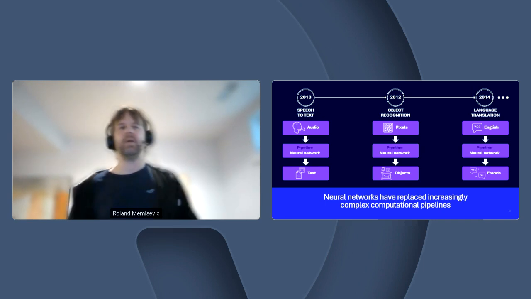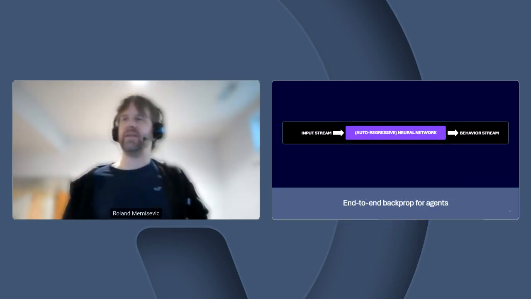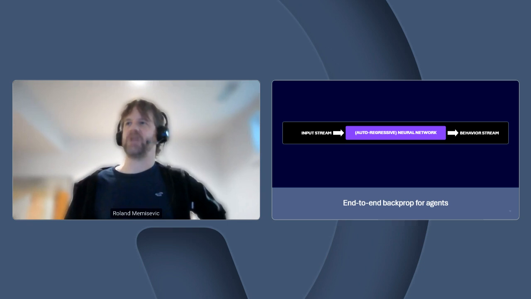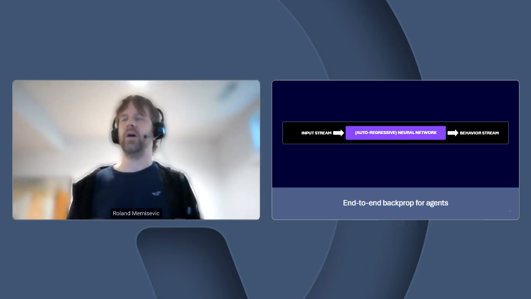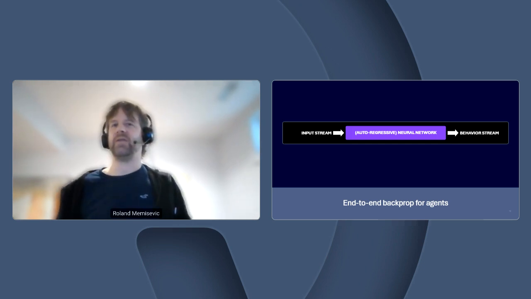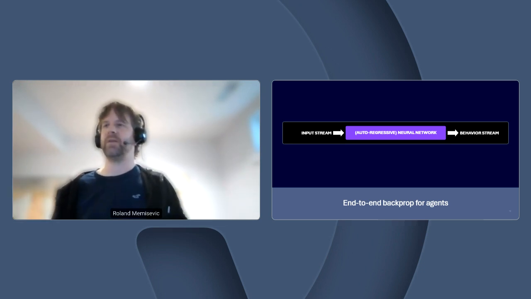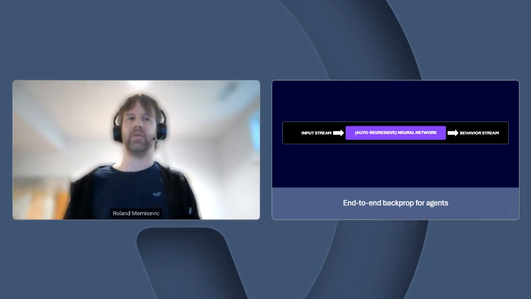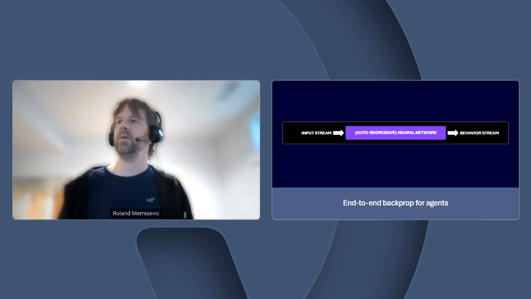So what I'll talk about in this research work is, in some sense, taking this progression and imagining how it will look if you think it all the way to the end. If you push this all the way to the end, what you will have is a neural network that has to be autoregressive, or you might call it recurrent in some way. It has to be a streaming processor of some sort. And it needs to be subjected to some kind of perceptual input. So that's the input stream on the left. And in response to whatever the perception gives it, it has to behave in some way.